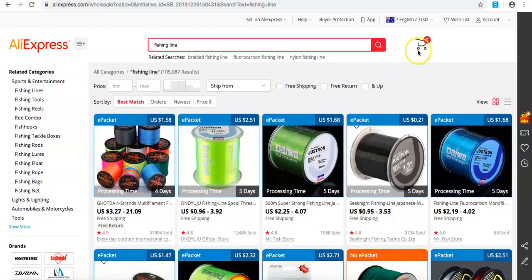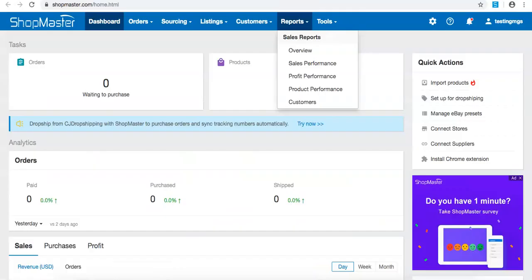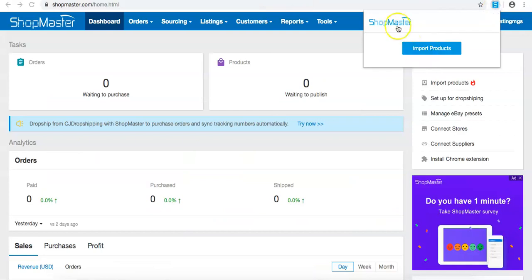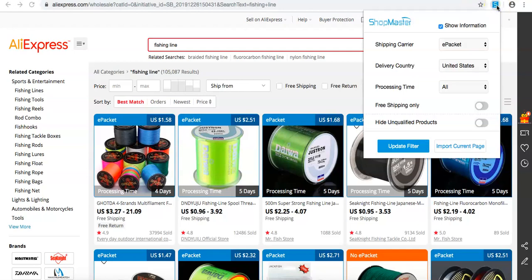Go up to the top right hand corner of your screen and you're going to see your ShopMaster tab. You'll notice now when we have the tab installed, if I go over to here, I don't get any settings. It's because we're not actually connected to a supplier with ShopMaster. Once I go to Alibaba Express or one of 20 suppliers, it's going to give me information. Okay, the information